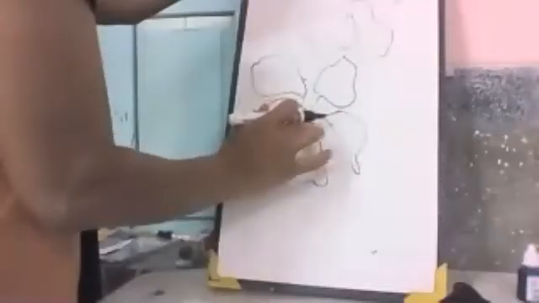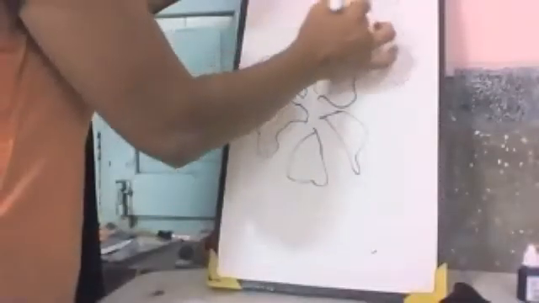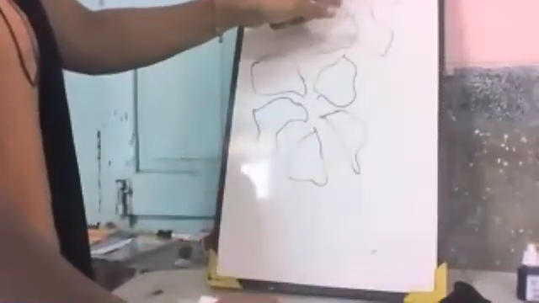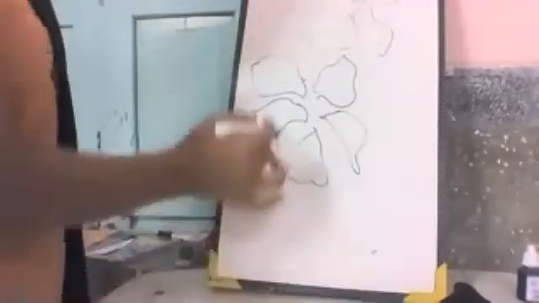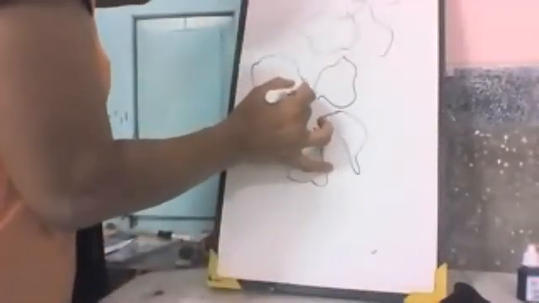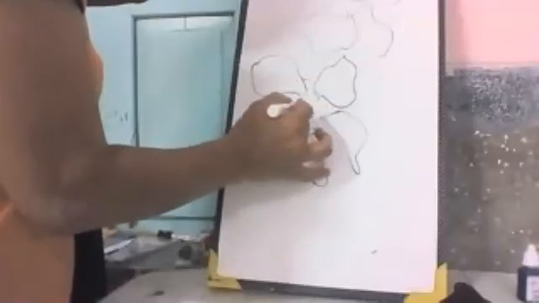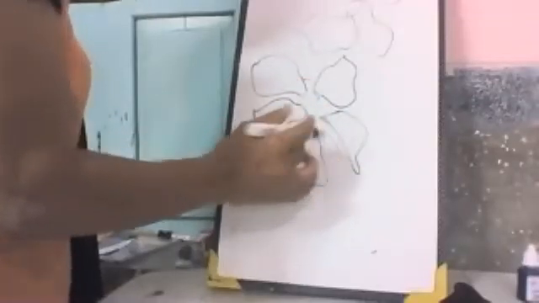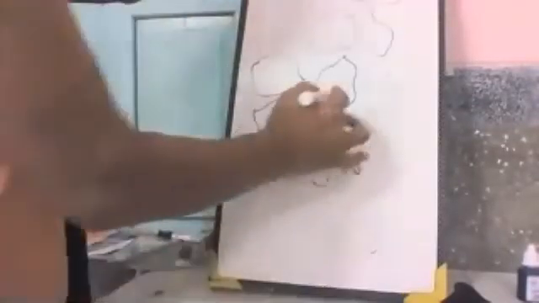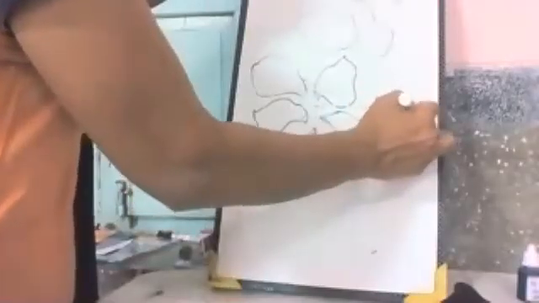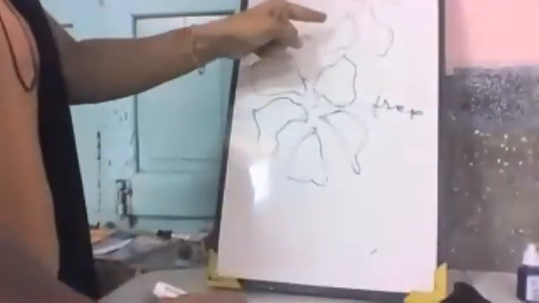See, here is one base. All are starting from a single base. But in this case, they have their own base. They are not joined to each other. This type of pattern is free, and if they have only one base, this type of pattern is called fused. They have fused corolla and fused calyx pattern.